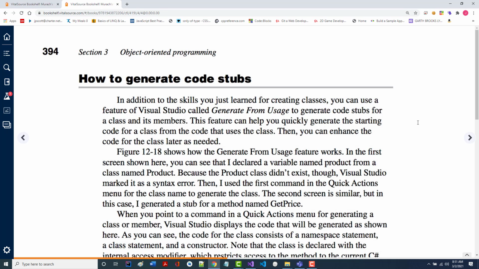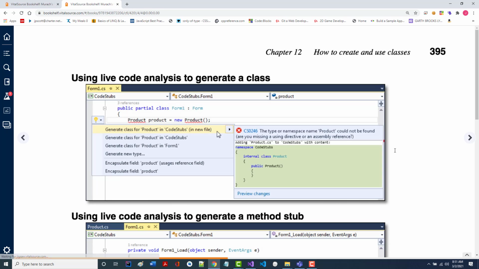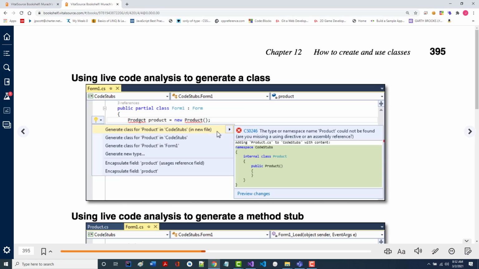All right, next thing they talk about are code stubs, and you're going to see this today. Let's take a look right here. If you do something like this, if you type in product equal new product, and you don't have a product that you've created yet, guess what? You're going to get an error message. That makes sense? But if you get an error message and you place your cursor over one of these things that are in red, you're going to get a bunch of possibilities.